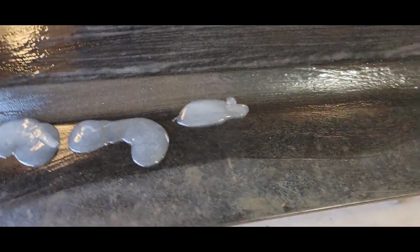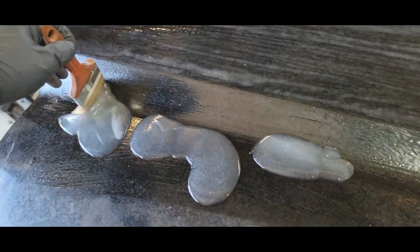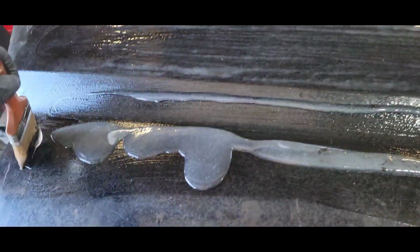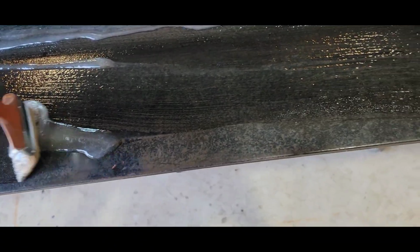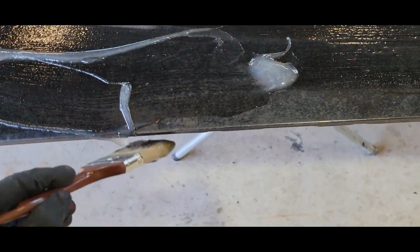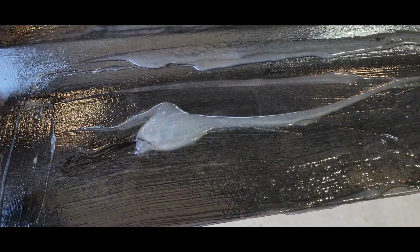But I'm not going to put it in a cup. Normally I'll put it in a cup, but this is such a big area that I want to strip, so that's not a big deal. I always just brush it around real good, spread it out with a brush. It don't have to be a good brush. Let me emphasize that. It can be cheap, little chip brushes from the dollar store,